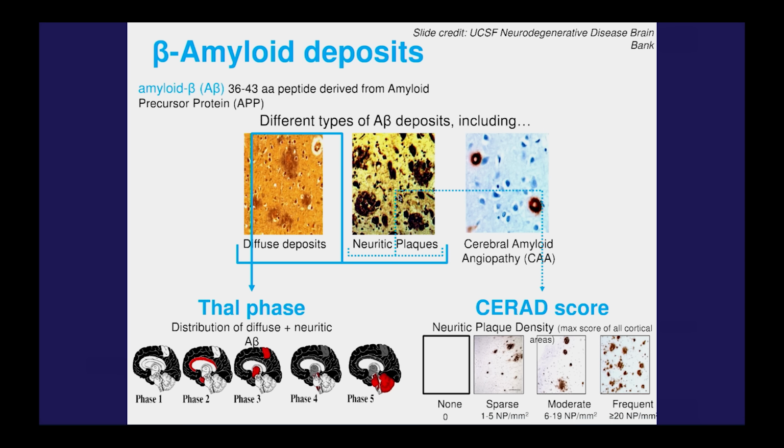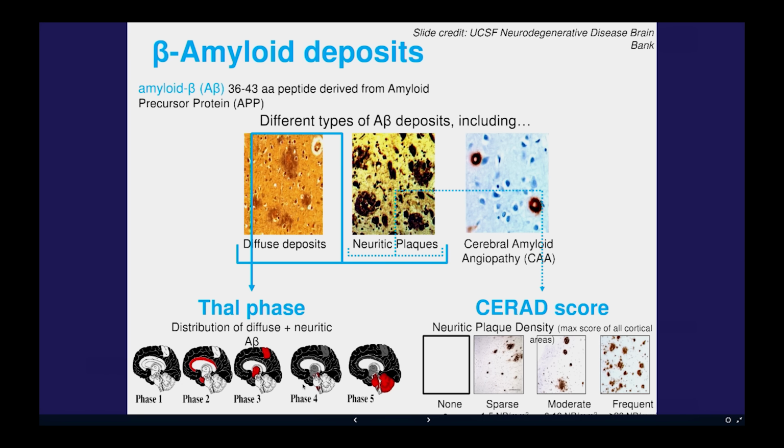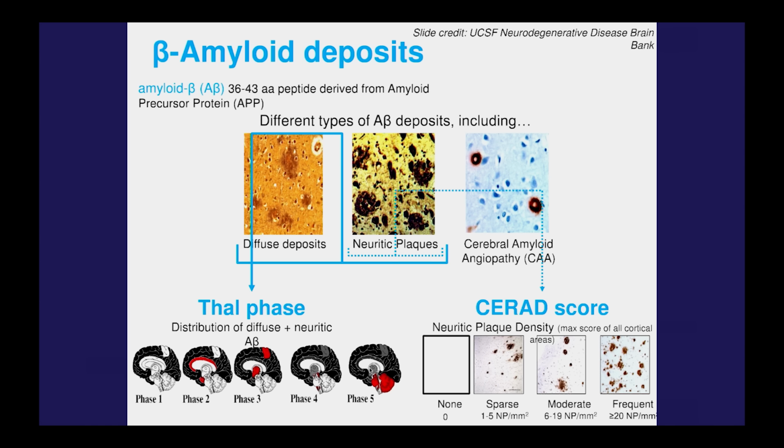And then there are two different ways in which pathologists look at a brain and decide how much amyloid plaque there is or what is the distribution of it. And so down here you see different ways of staging by distribution of the diffuse and the neuritic plaques inside the brain. And so, phases 1 to 5 inform us about where in the brain these amyloid plaques